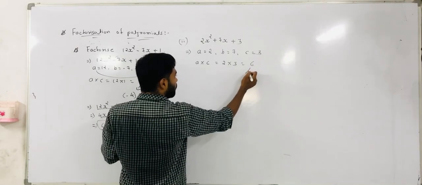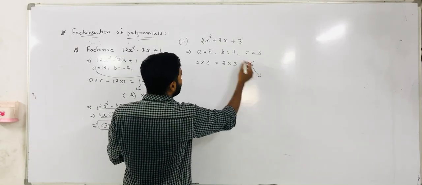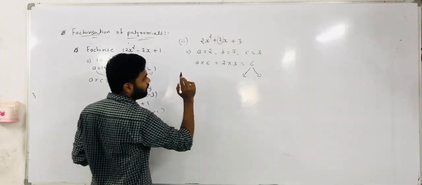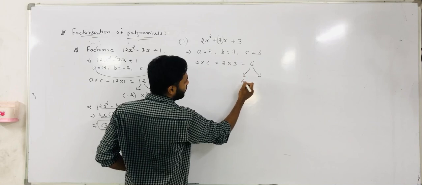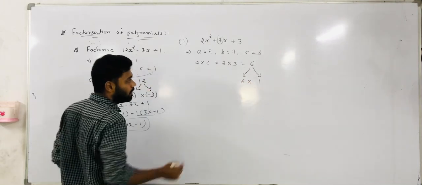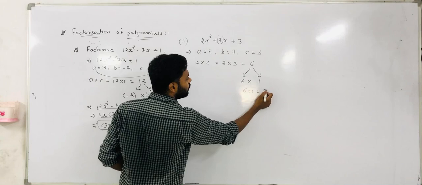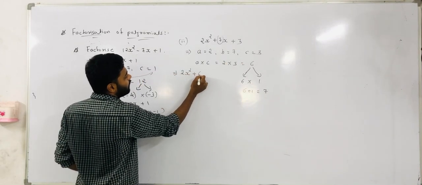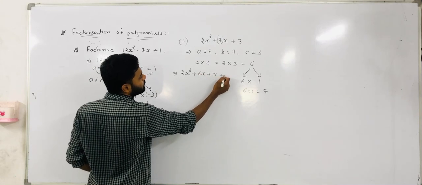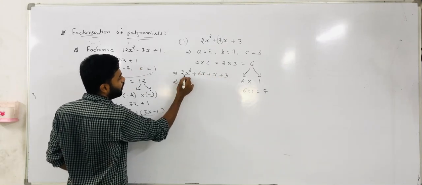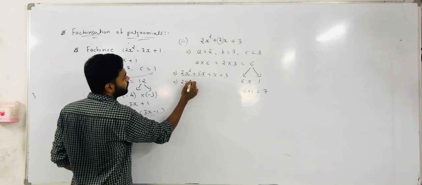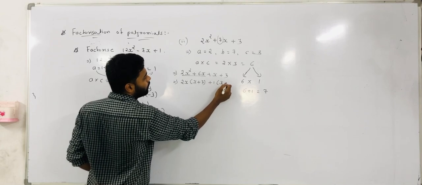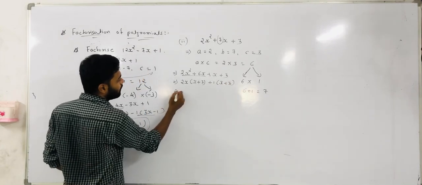Now factors of 6 हम find कर रहे हैं such a way कि addition of that two factors equal to 7. तो 7 के लिए possible combination है 6 into 1, and 6 plus 1 equal to 7. So middle term split होगा 2x square plus 6x plus x plus 3. Now take 2x common, x plus 3, into 1 common, x plus 3. So from these two